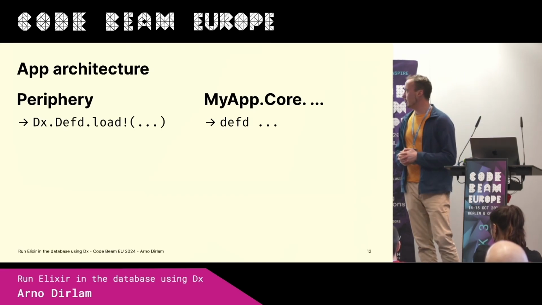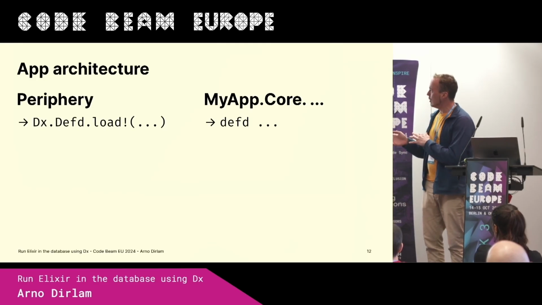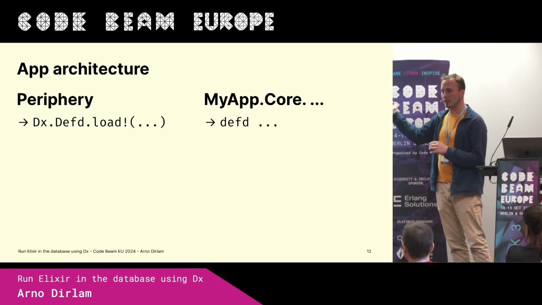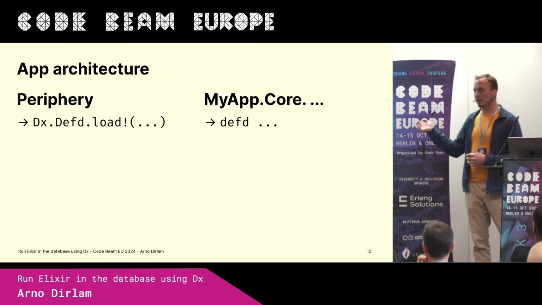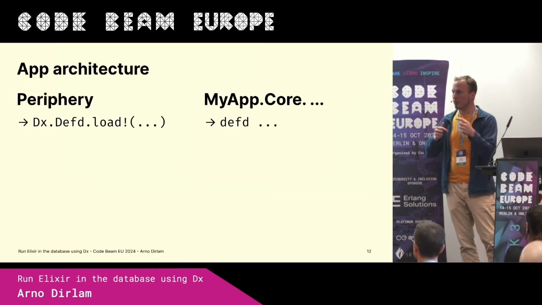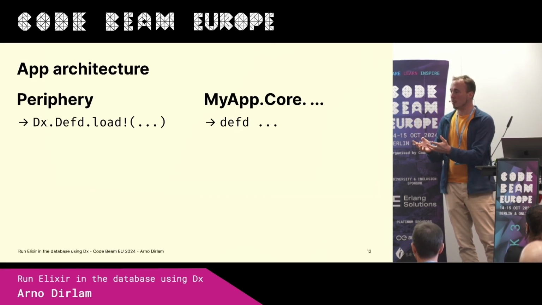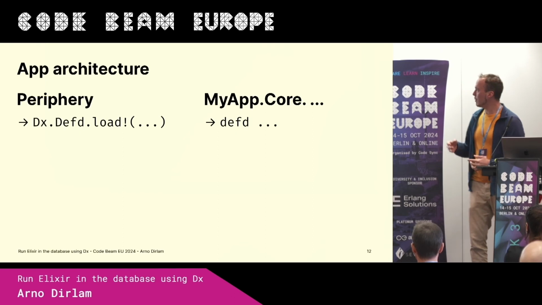You divide your app into periphery and the core. You can call this module namespace something with core, and that has your defd functions. They can call each other. So you have a nice core of your business logic, and then the periphery would